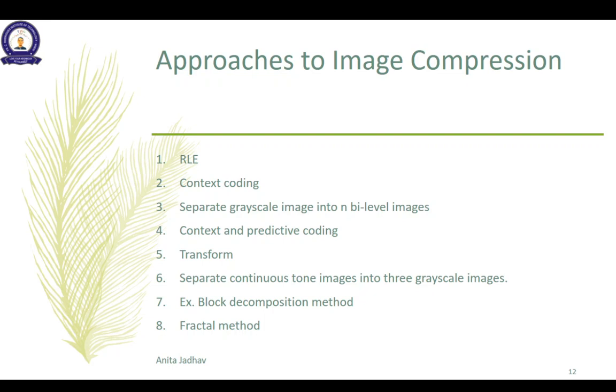So RLE, that is run length coding. I remember I had mentioned this kind of compression when we talked about a bi-level image. So what was a bi-level image? If you remember, a bi-level image is one where the image has only two values, either black or white. When I digitally process that image, it can be represented with a single bit. The bit can be 0 or 1.